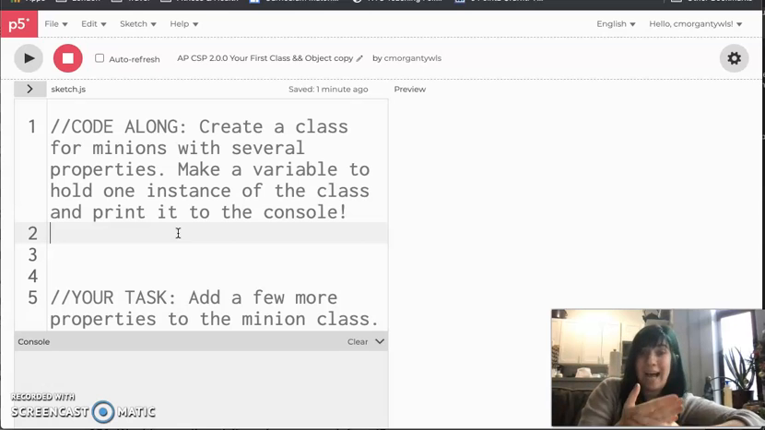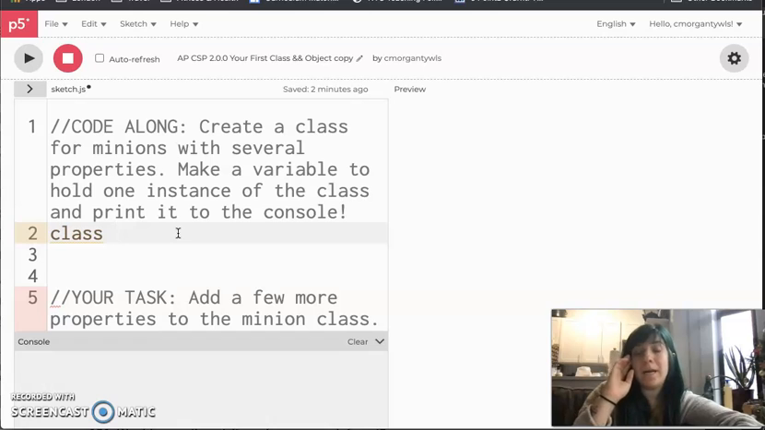In order to make our class, the first thing we need to do is set up where our class is going to be. So to do this, I'm going to start with just the word class, kind of like how when we wrote functions, we started with just the word function. And then I need to give a name to my class that is not used, that the computer doesn't know. So because I'm making minions, I'm going to use the word minion,